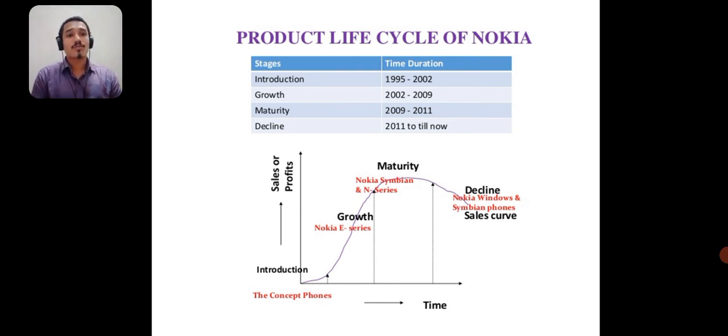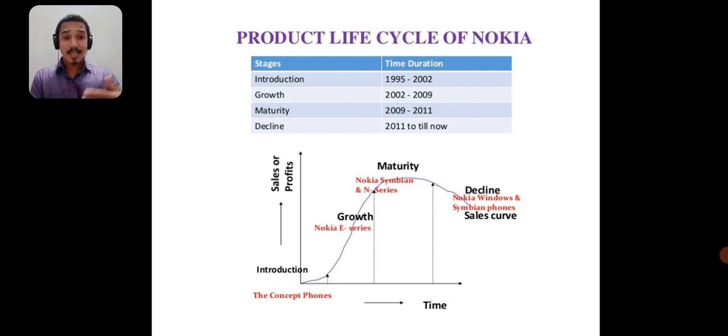The introduction stage was from around 1995 to 2002, where it started selling NOKIA products. It was a growth stage from 2002 to 2009, where you ask anybody which phone you are using, NOKIA, right? There were n number of products which started. Everybody used to have a NOKIA phone. Phone meant Nokia, just as when we say toothpaste, it means Colgate, right? From 2002 to 2009, phone in the sense was Nokia.